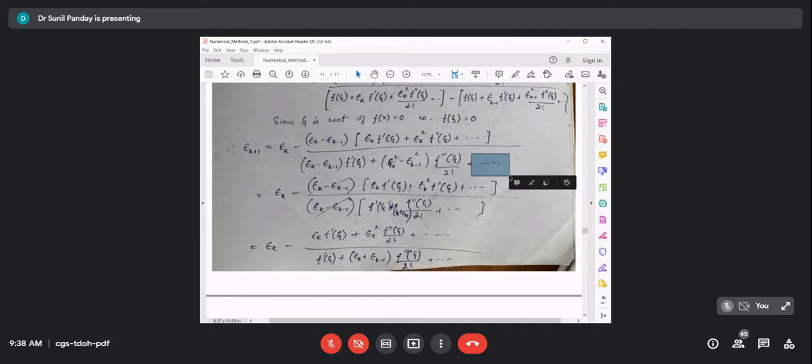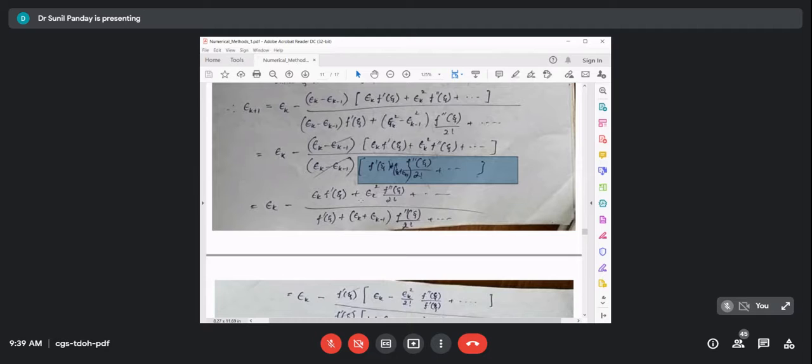So we have taken this epsilon k minus epsilon k minus 1 factor common from all these terms and cancel out. So we have first taken this factor from all these terms in the denominator outside of this expression, and then this factor will cancel out by the numerator factor, and then we will have this